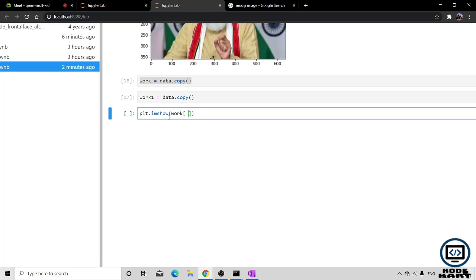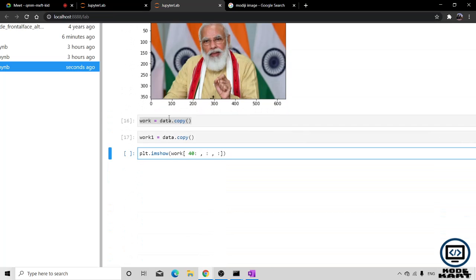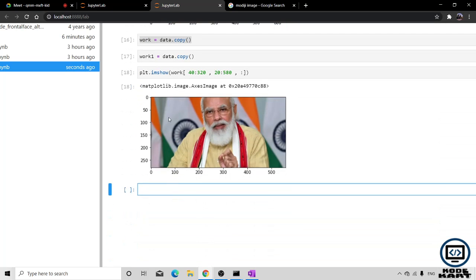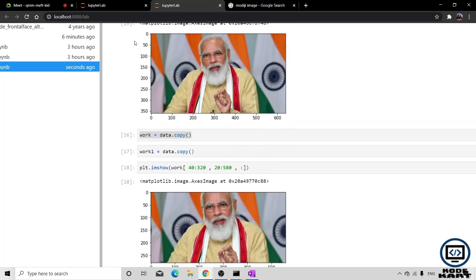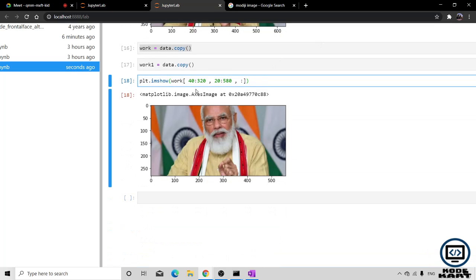So I want to visualize from 40 to 320 on the height, and 20 to 580 on the width. If I do plt.imshow, now you can see that the image has been cropped from this side and from the top also. I cropped that image on the basis of height and width.